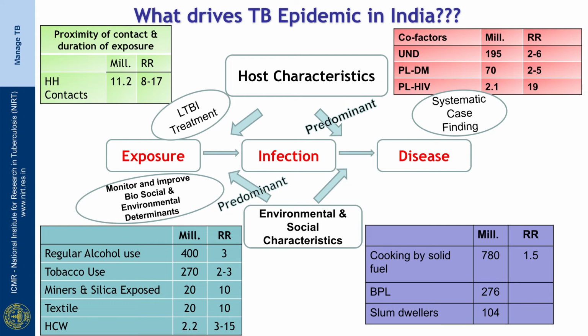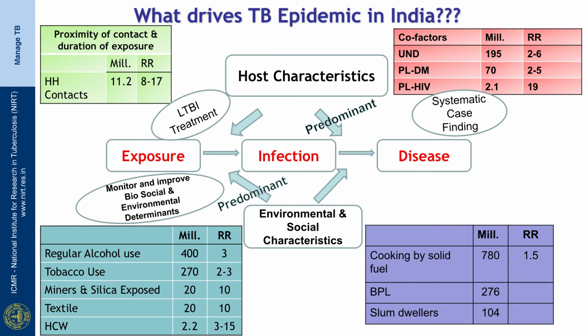Now, given that there are something like 2.8 million incident cases in the country every year and more than 3 million prevalent cases at any point of time, there are about 12 million household contacts at any given point of time, and the relative risk of disease in these persons is more than 10 compared to the general population. Some mathematical models have revealed that preventive treatment of all the household contacts, not just the children below 6 years, which is the current policy under the revised National TB Control Program, will prevent about 2 million cases over the